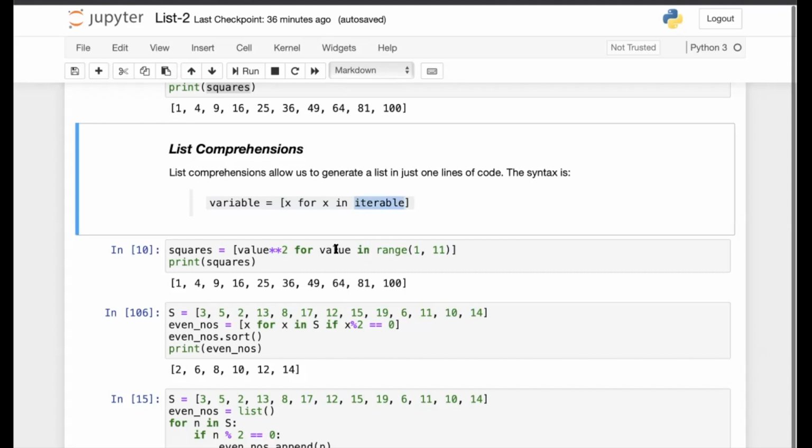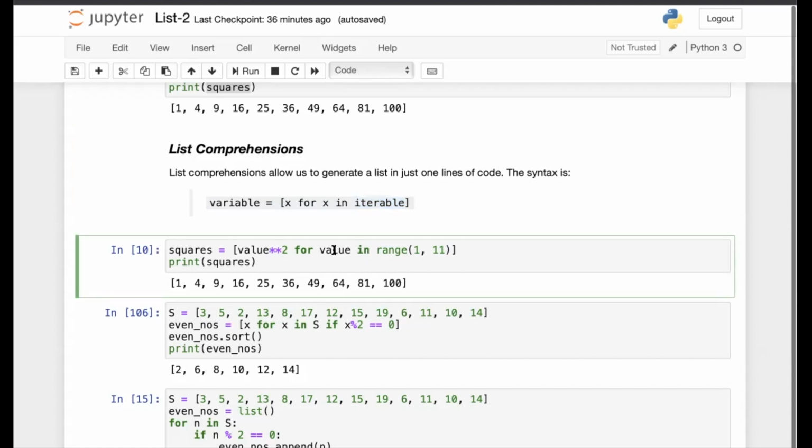Let's consider the same example that we had done earlier. The same thing we can write here: value exponentiation 2. It means I am squaring this variable value, so that would be the part of this list. Now, from where should this variable get its value?